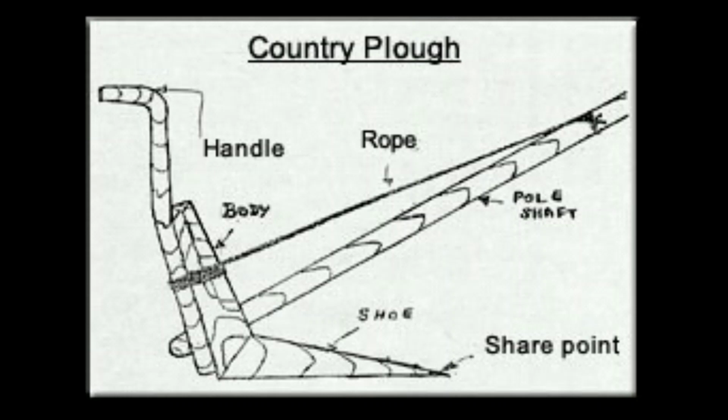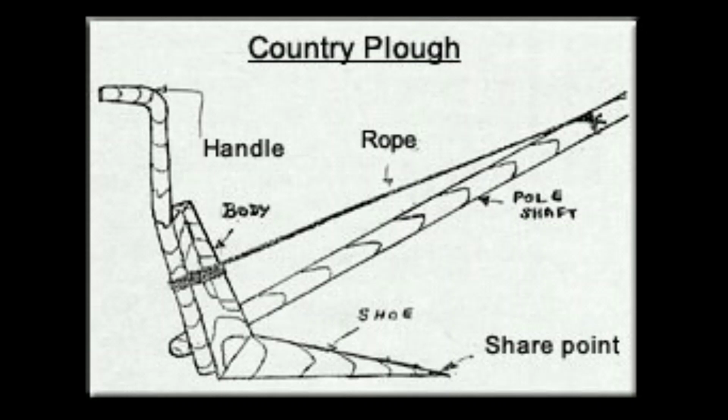Traditional plough has 3 main parts in it. You have seen it a lot of times. There is a beam that is kept on the shoulder of the animals. And this beam is connected with a long stick which is called the plough shaft. And at the end of it, a very sharp and heavy metallic part is there which is called plough share. This goes into the field, into the soil.